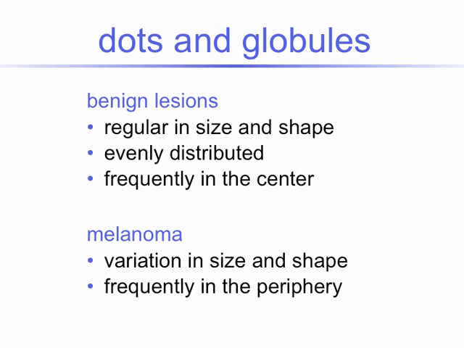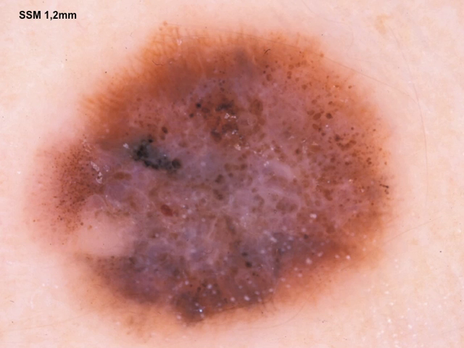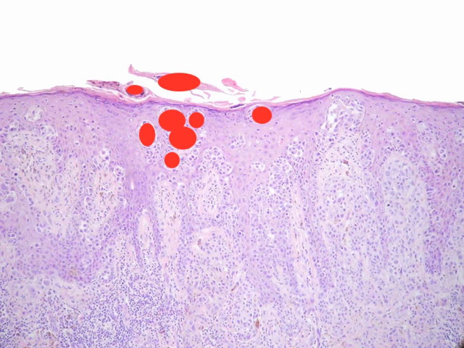When present in a melanocytic lesion, these dots and globules can be present in a typical or atypical appearance. If present as an atypical appearance, one needs to consider the diagnosis of melanoma. Here is a relatively symmetric pigmented lesion, which under dermoscopy reveals numerous atypical dots and globules. These dots and globules correspond to irregular nests of melanocytes in the epidermis and dermis, and in this case was